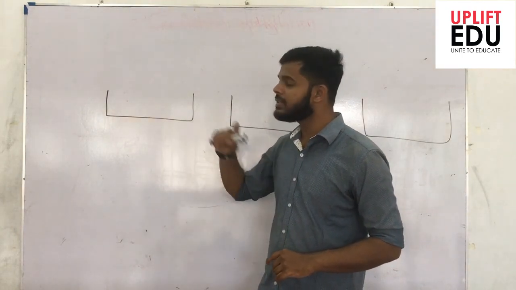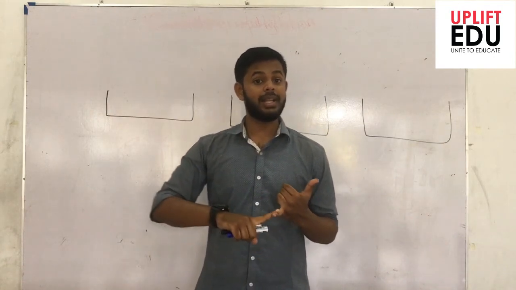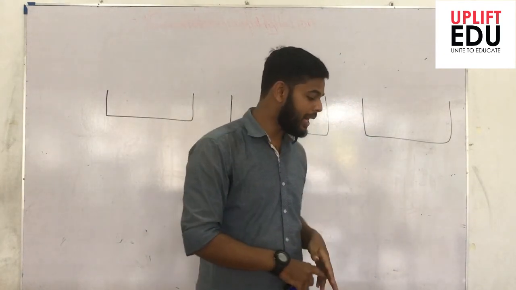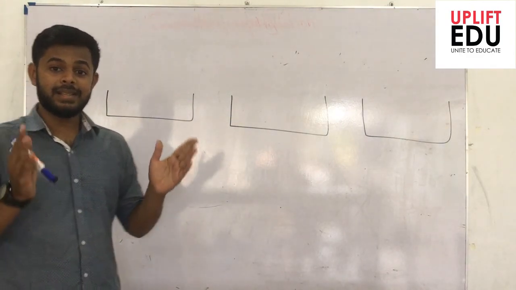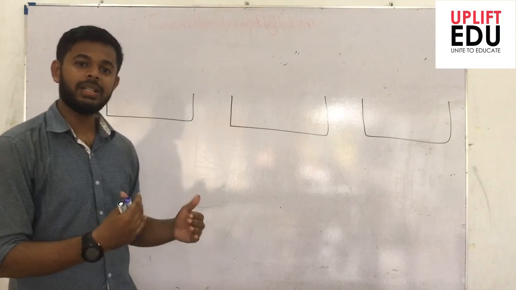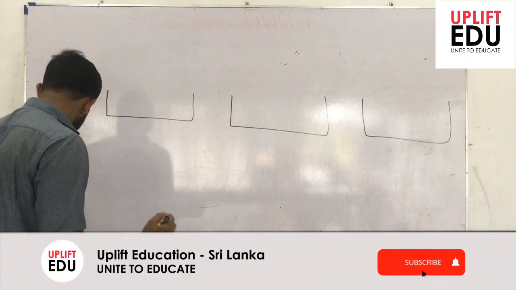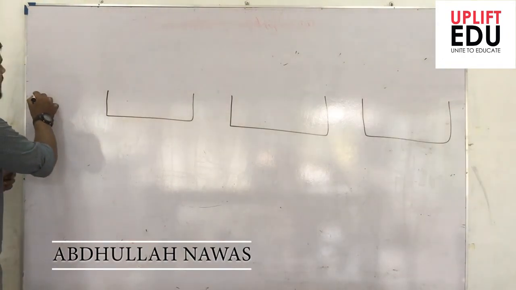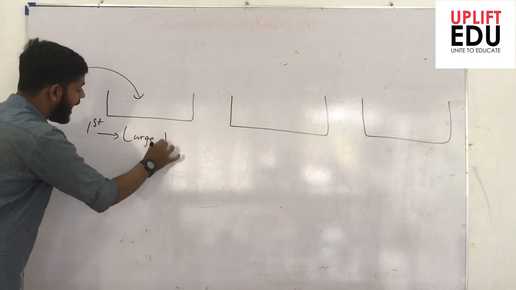Let's look at how these salterns perform. In a saltern we have three different types of tanks. One we call the small tank, another the medium sized tank, and the other the larger tank, right? When I say larger, medium or smaller, that doesn't mean the size of the tank is small or large, right? The names are based on the component that precipitates in the particular tank. Using some pipes or using high tide, we can pass the seawater into the first tank. The first tank is called the large tank, right?